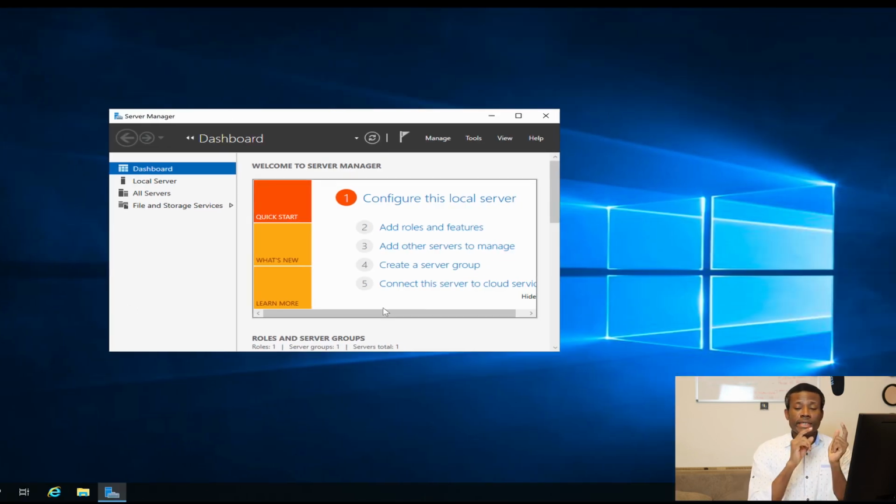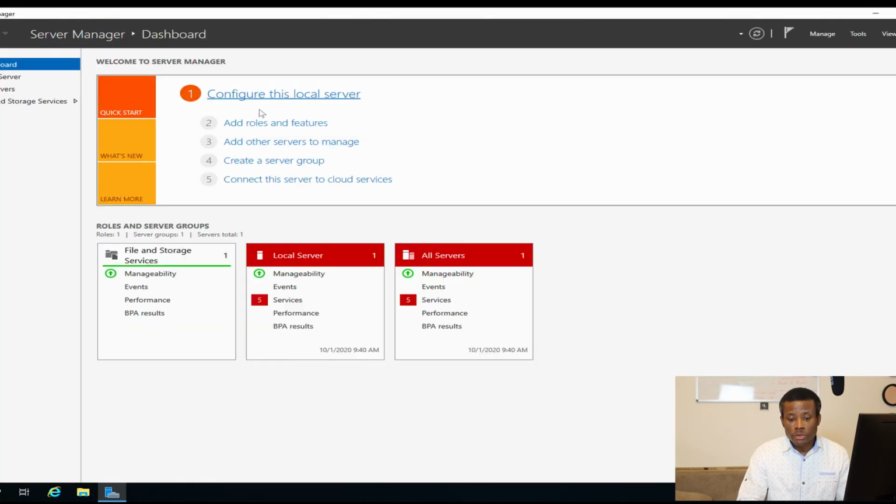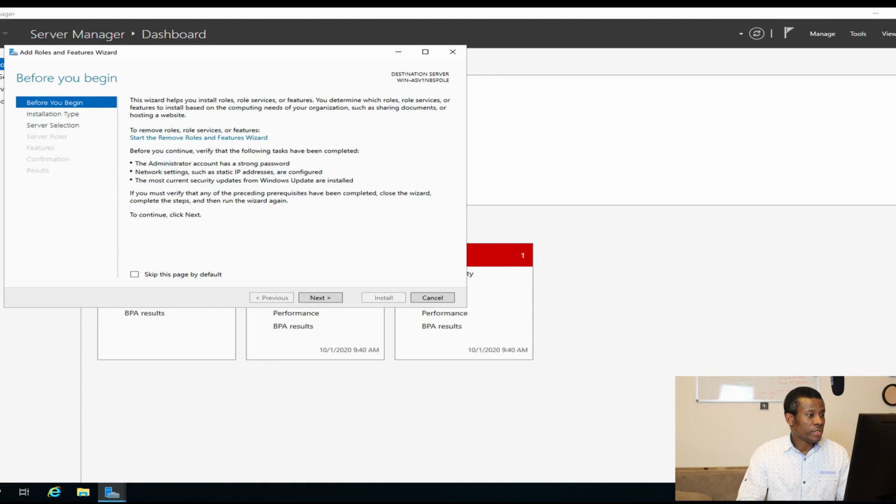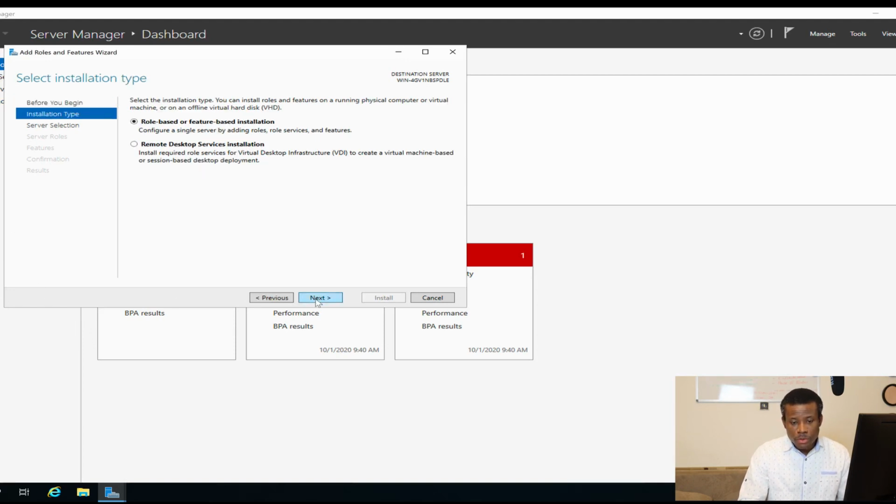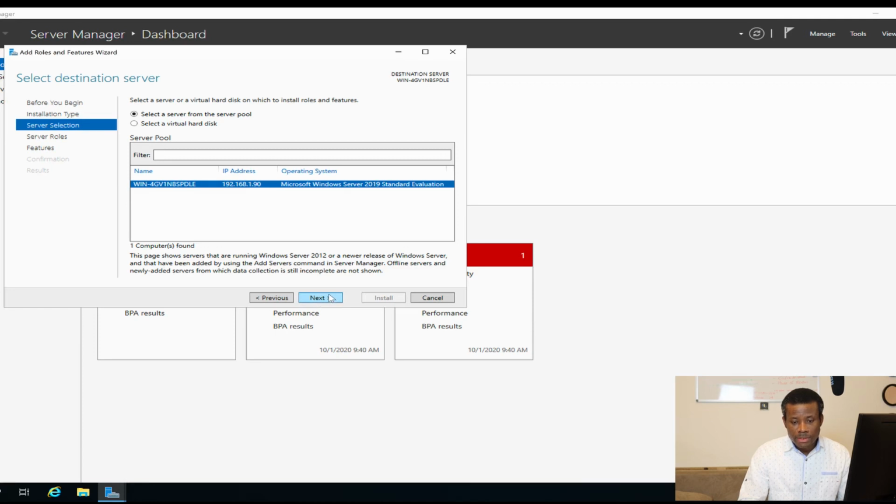All right, so while the second machine is installing, let's now configure the domain controller. According to the instruction, to be able to configure a domain controller, you need to add a role. So you are going to click on add roles and features. And the feature you are going to add will be Active Directory services. So I'm going to go next, again, and